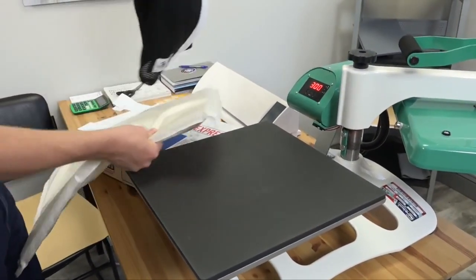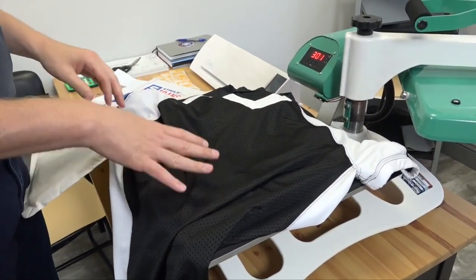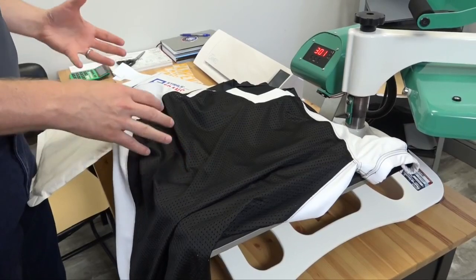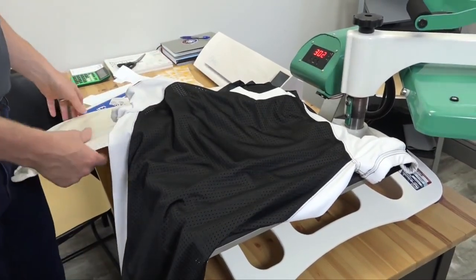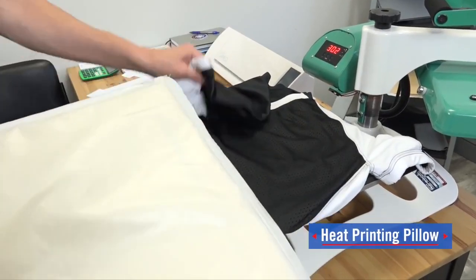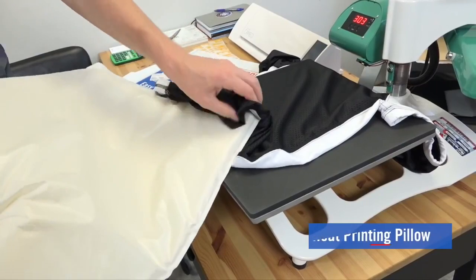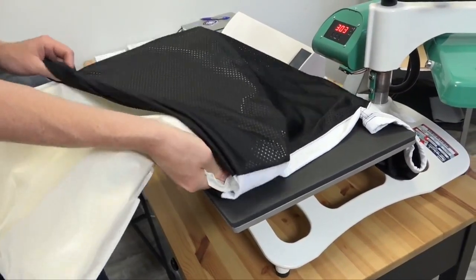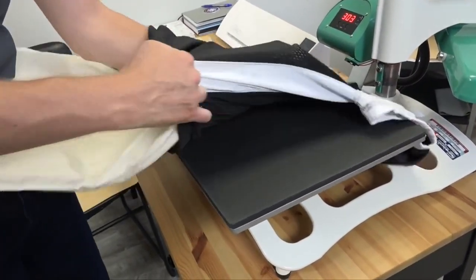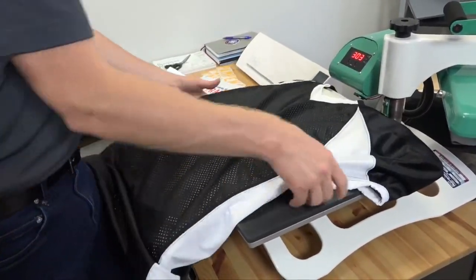Team uniforms are a big opportunity for your heat press business. I'm going to decorate this mesh polyester football jersey with a product called Thermofilm in pre-cut numbers. For this, I'll need another tool that's a heat printing pillow. The heat printing pillow is going to slide into your jersey to separate the layers of mesh so that they don't stick together when it comes to applying your design. So I'll just slide the pillow in,